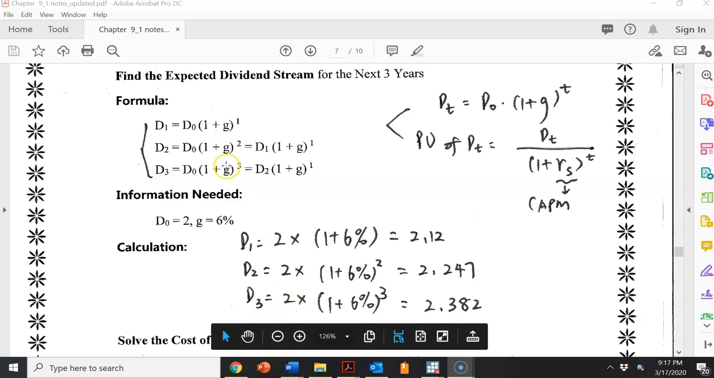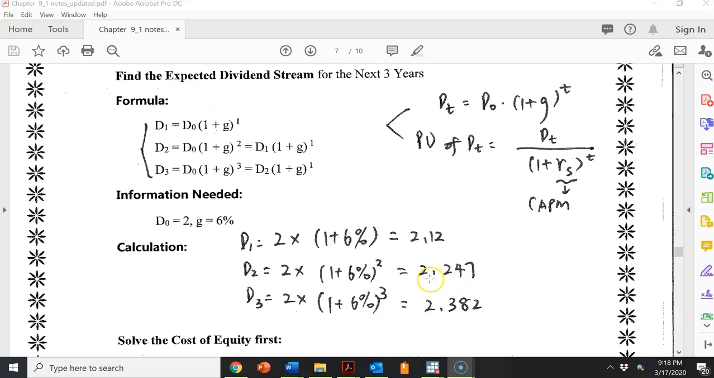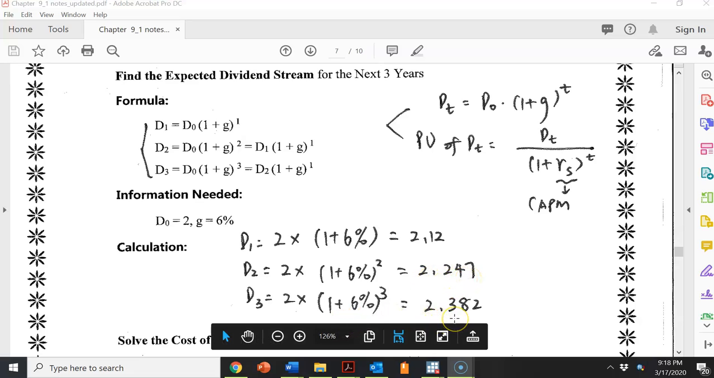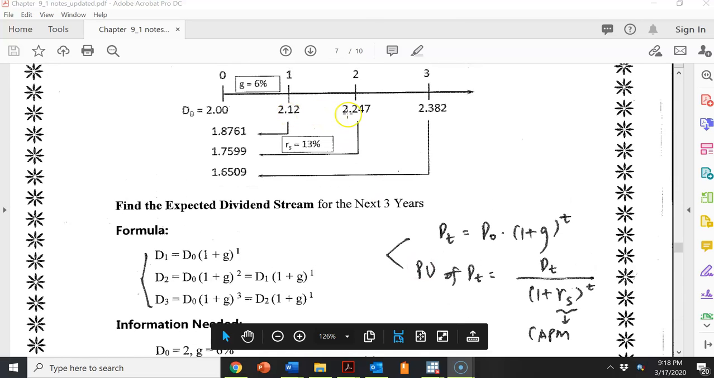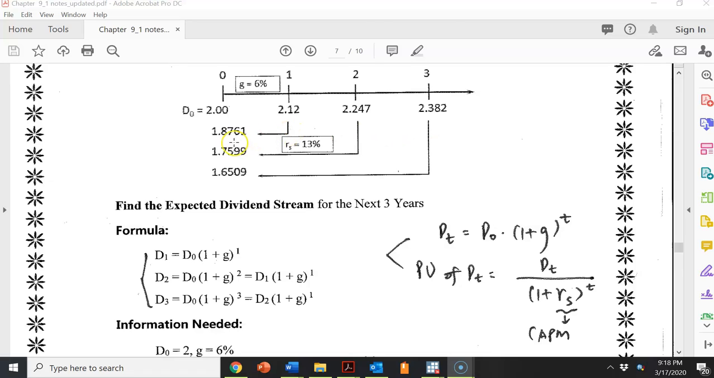D3 equals D0 multiplied by 1 plus G, 1 plus 6% cube. Okay, we get 2.382. Also, you can use D2, 2.247 multiplied by 1 plus 6% to get this 2.382. Okay, so you can write these 3 dividends on the top line. If we want to know the present value of these 3 dividends,